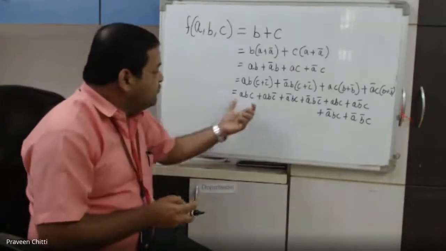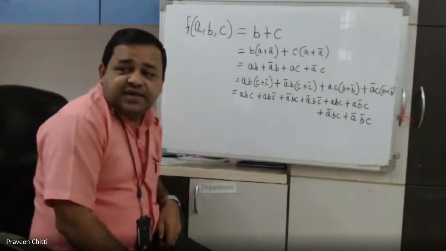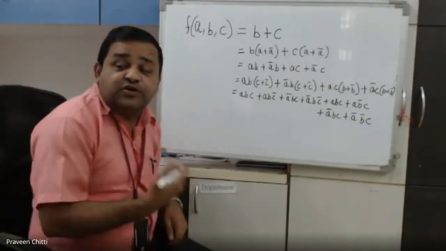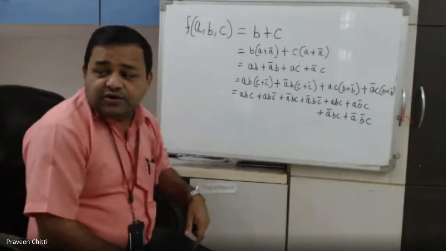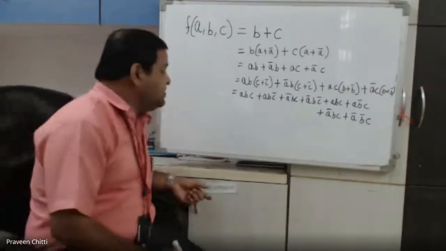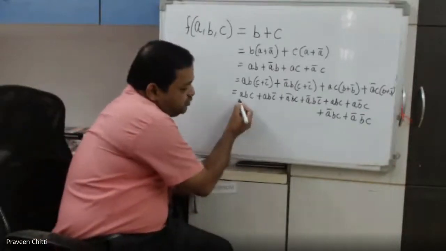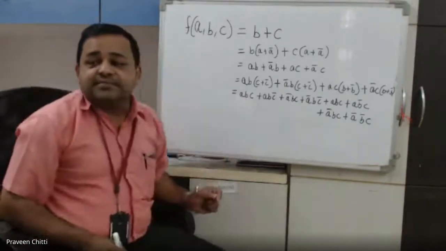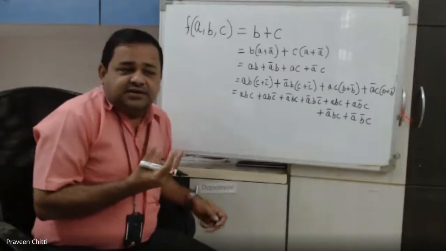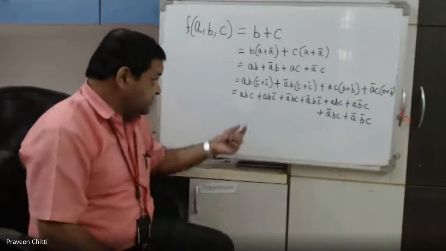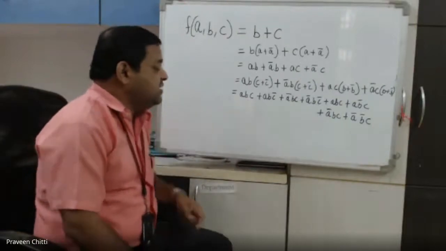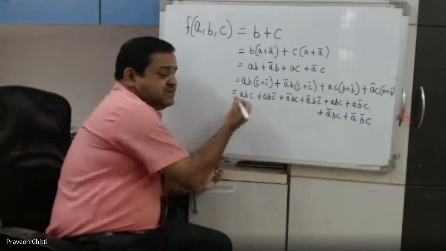So from this we can write the expression in canonical SOP form. This is the normal SOP form. Now we can write the canonical SOP form. To write it in canonical SOP form, you have to represent each product term by its binary equivalent or decimal equivalent. Now ABC means what?